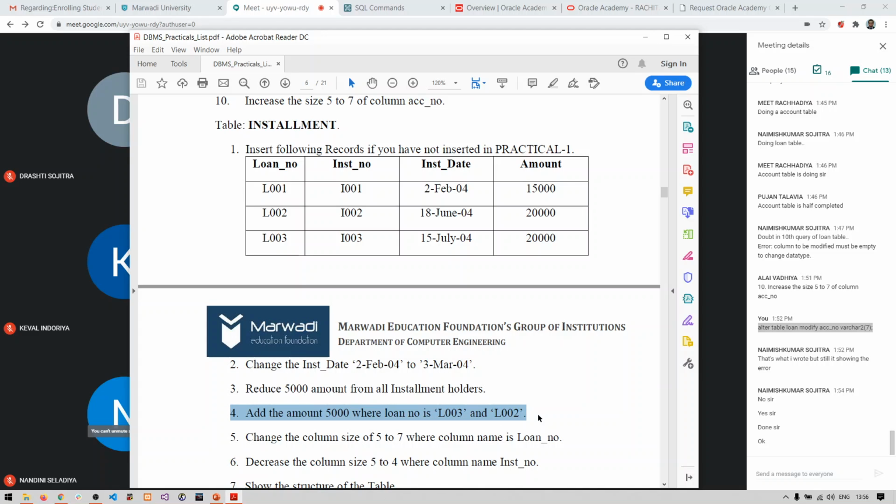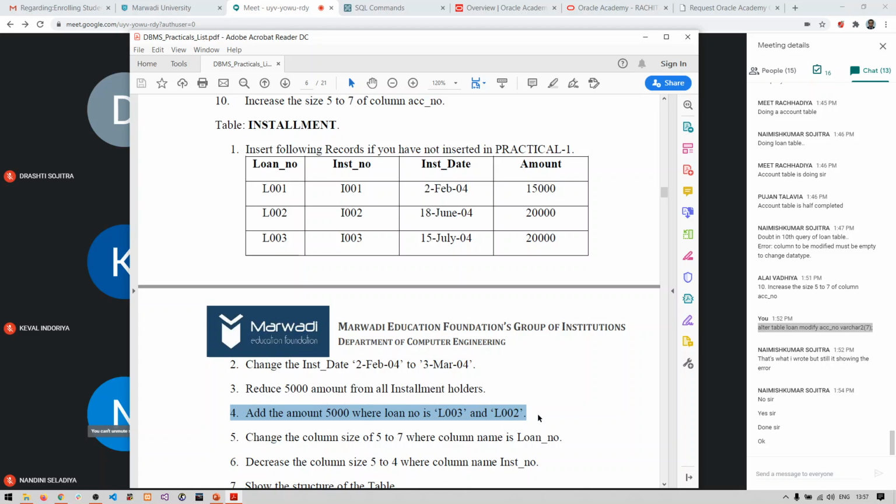The query number 4 is add amount 5000 where loan number is L003 and L002. So for this particular query, you are going to write two answers. First, use the update command for L003 and then use the update command for L002. Right? So keep this in mind.